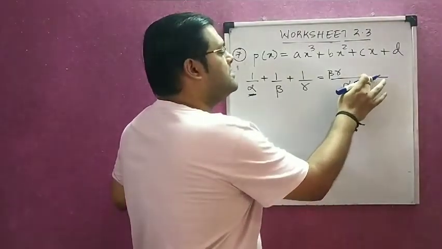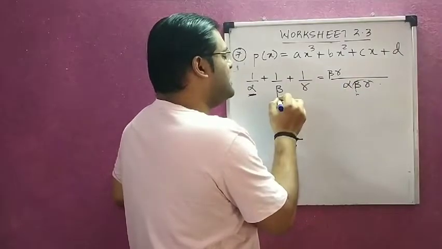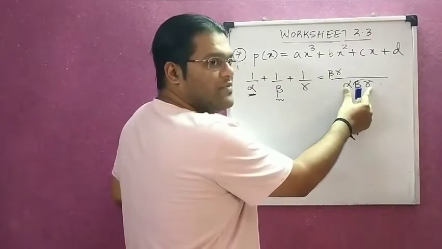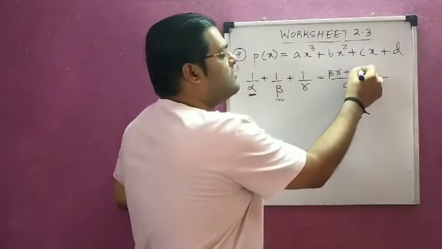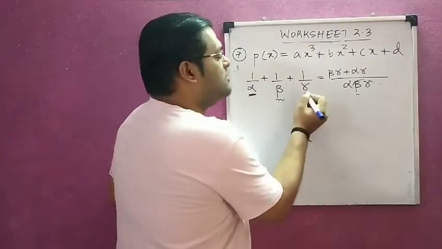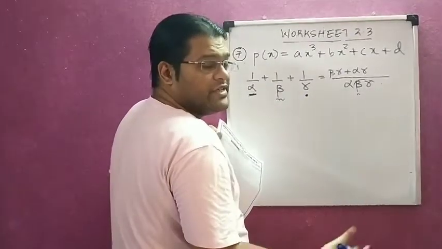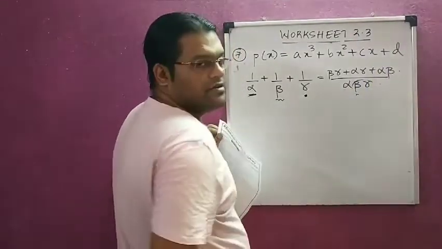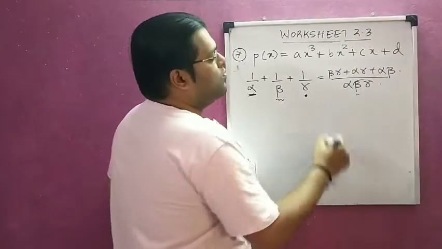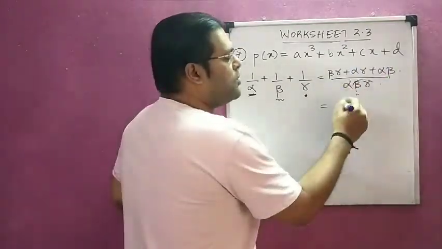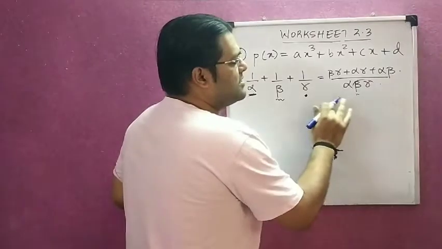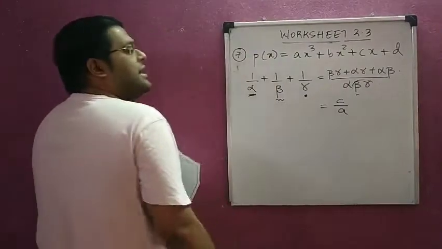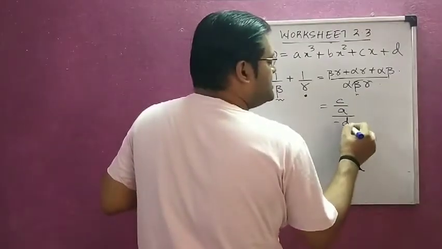Same pattern in the second denominator, I have beta. Which two are not present from the LCM? Alpha and gamma. So I write plus alpha gamma. Third denominator I have gamma. So who is not there? Alpha and beta. So that is what I write in the numerator. Now, numerator is the formula minus C upon A, right? And alpha, beta, gamma is the formula minus D upon A.